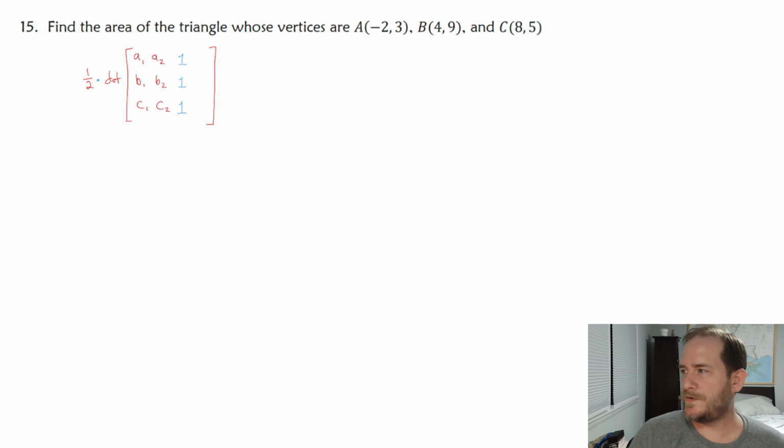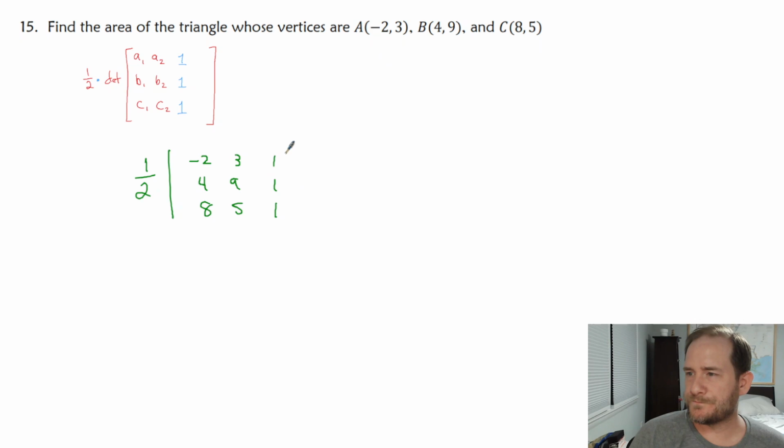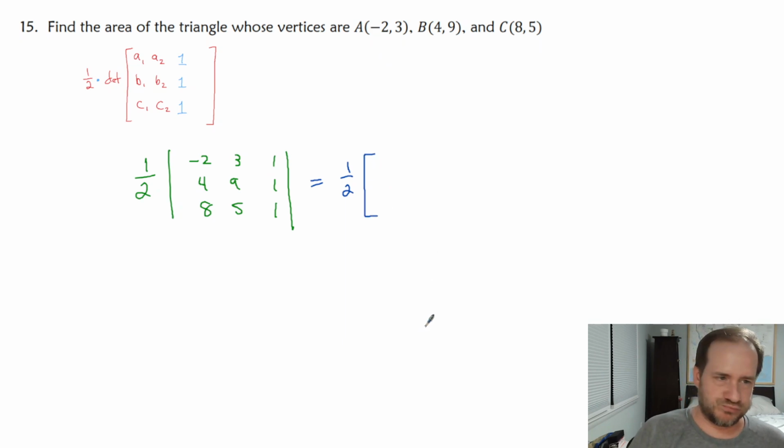So let's do this. I want 1/2 times the determinant of -2, 3, 1; 4, 9, 1; 8, 5, 1, which means I want 1/2 times, what method do I want to use? I don't know. I just don't know. How about